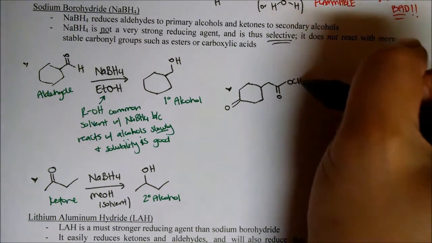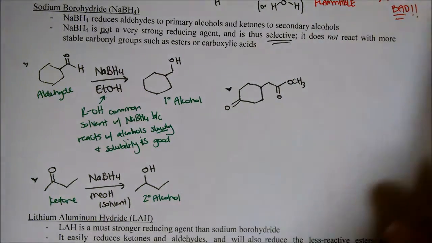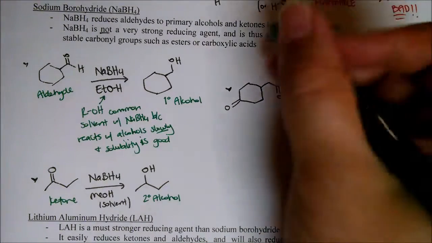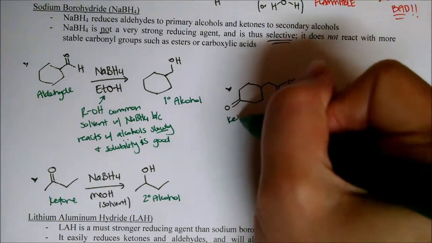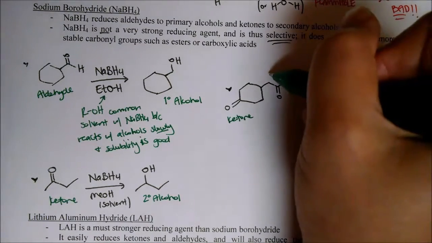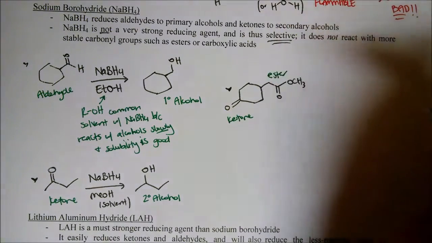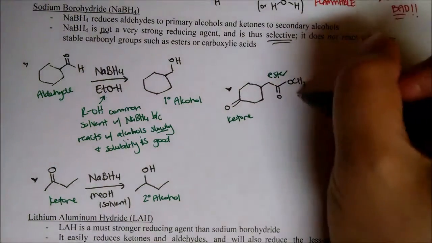Alright, but then importantly, as I mentioned about the selectivity, so let's say we've got this guy. What if we had two functionalities in there? Yes, you need to go back and review your functional groups because you need to know them. This is a ketone, and right here, here's our ester. Okay, when we throw in NaBH4,